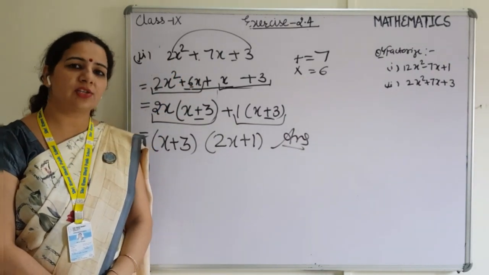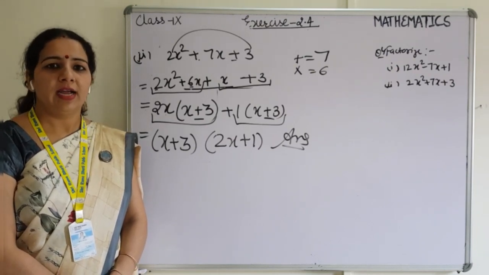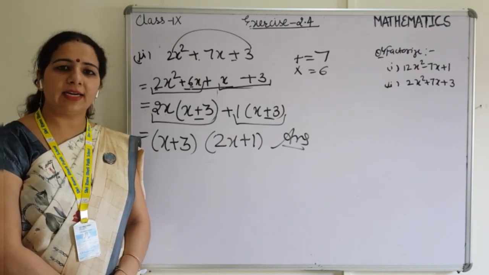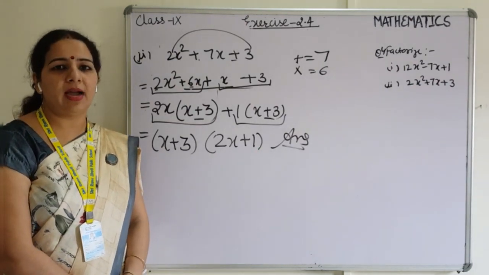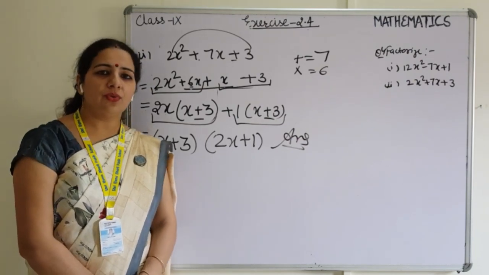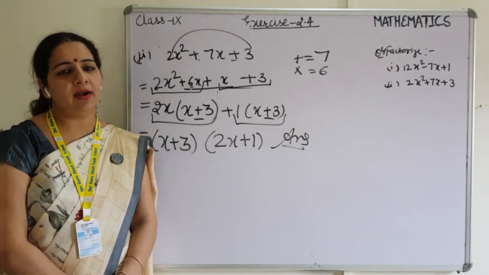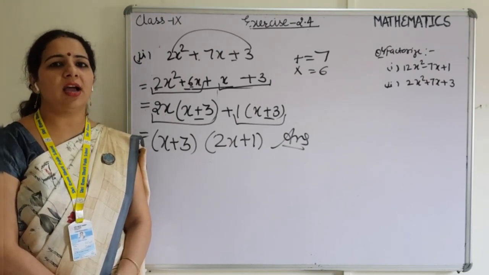You just try the next two questions. If you are not able to do them, then we will discuss during our class or our online classes. Otherwise, I believe you all will be able to complete them. Fine students. So you have to do question number 3 and question number 4. For the cubic polynomial, we will discuss in the next class.